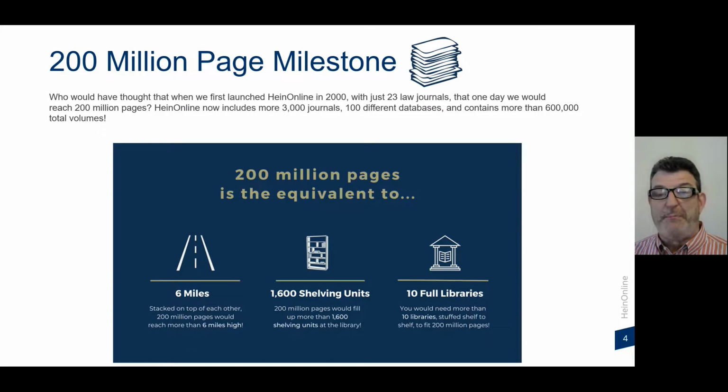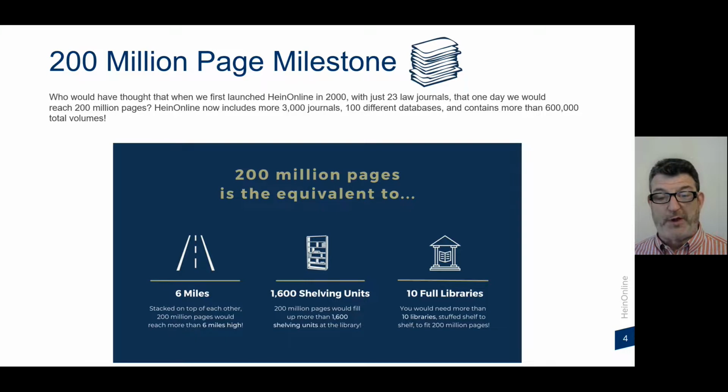So we have hit a big milestone. HeinOnline, of course, is easy to use and very inexpensive. It also has amazing content that other databases just don't have. We just happen to have passed the 200 million page milestone. And who would have thought that when we began HeinOnline in 2000? We began with just 23 journals. Now we have well over 3,000 journals.